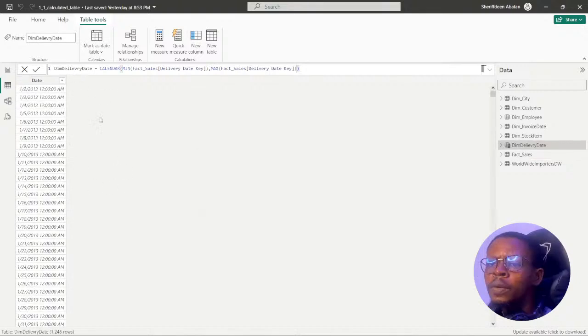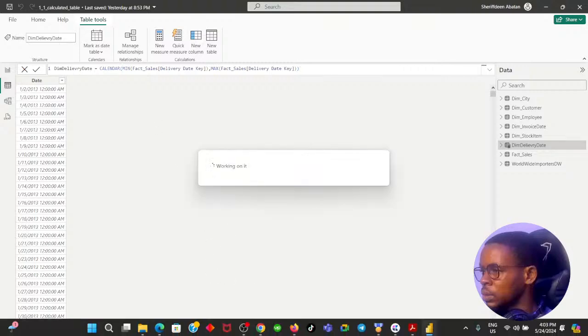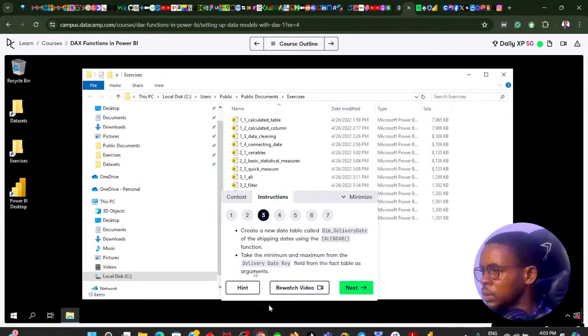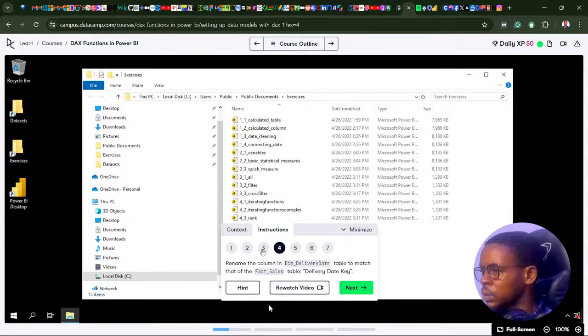So I can actually make use of the data set, even though I'm not connected to the data source from this table view. But that's just what's interesting to do. But let's continue like that. So next it says